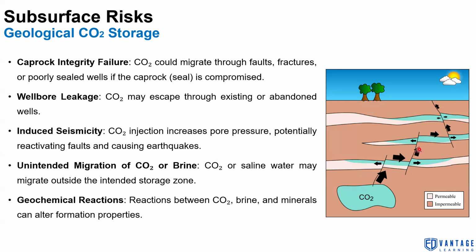So you can see if there's a fault which is leaky, CO2 can migrate upward and ultimately come back to the surface. So that is unintended migration of CO2 or brine. CO2 or saline water may migrate outside the intended storage zone. And there are several geochemical reactions, especially in mineral trapping. So we need to also understand these